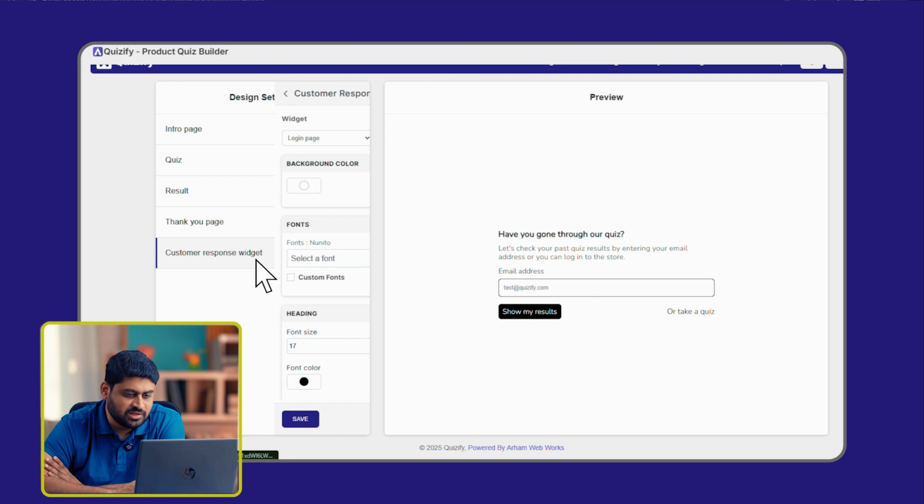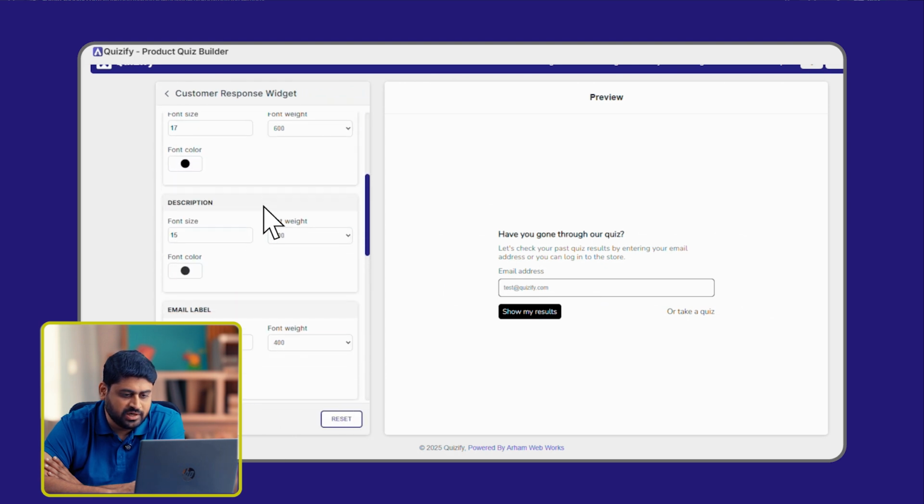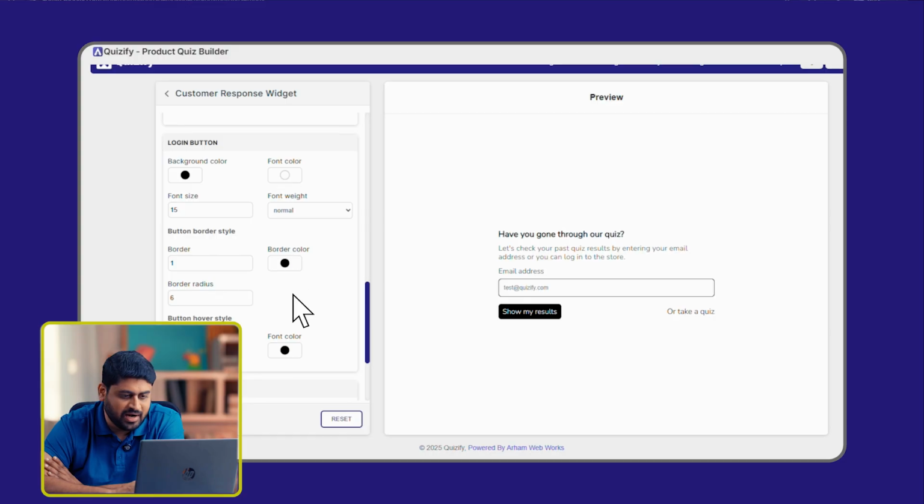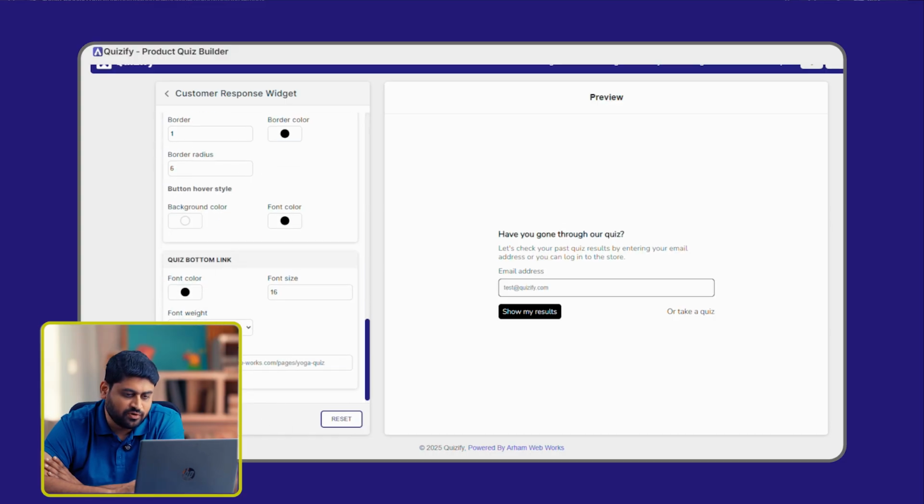Finally, for the returning customers, the customer response widget displays their quiz result. You can style this section with the same branding and design options as the rest of your quiz. And that's it. With these design tools, you can make your forms look on brand,